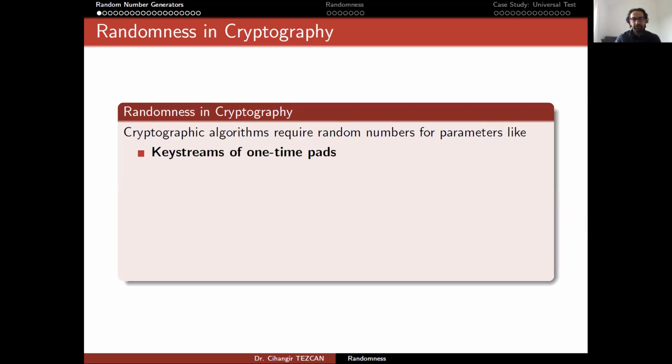So let's first start with some areas where we need randomness in cryptography. Cryptographic algorithms require random numbers for parameters like key streams of one-time pads. When you generate a one-time pad, we said that it has to be random. It is not an easy task to generate a very long sequence of zeros and ones that are random. Moreover, secret keys of a symmetric cipher system should be random. Of course, in public key cryptography, the secret key also should be random, but we haven't seen public key cryptography yet, which is why I'm talking about symmetric